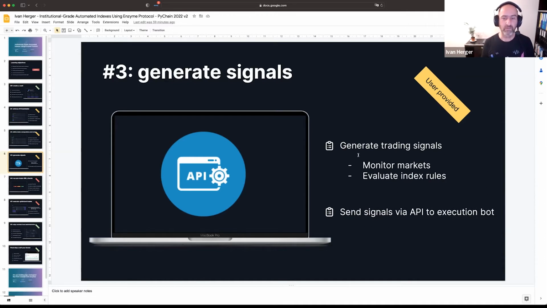Those trading signals are then sent via an API to our execution bot. So what we built on top of the Enzyme protocol is a bot that executes based on those signals. And signals could be rebalance, or in a given index asset allocation, do a rebalancing that could be every day or every hour, every week, every quarter. So whenever a rebalancing is needed, the client would send us